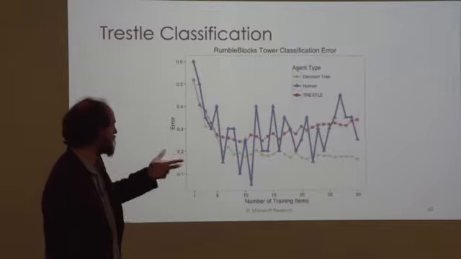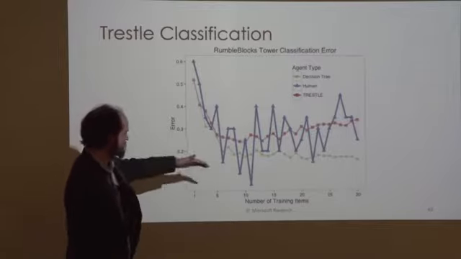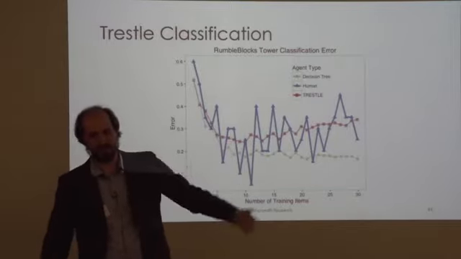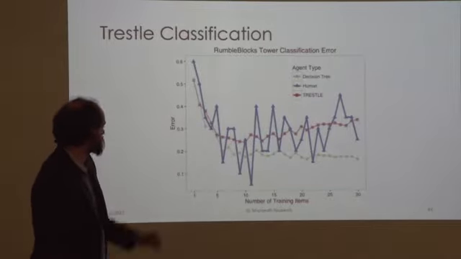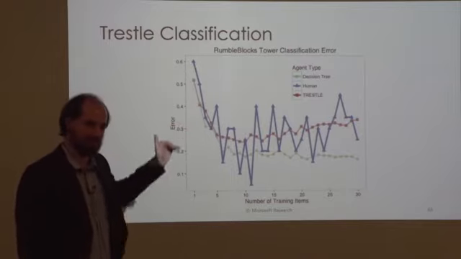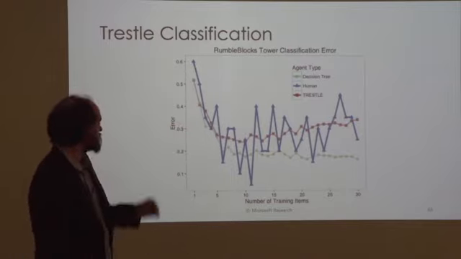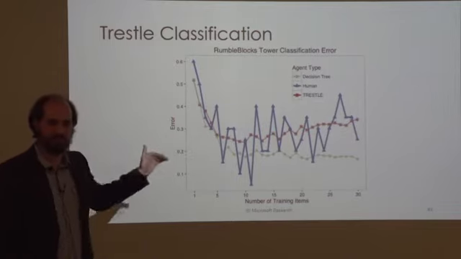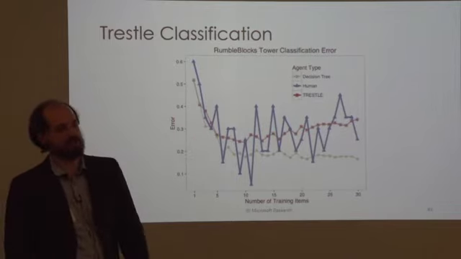And so originally what we had when we first ran this was the decision tree and Trestle, and we were all kind of sad because Trestle sort of gets better and then it gets worse, and it's like, well, that's not great. We would like a machine learning algorithm that just gets better and stays better. But then when we ran humans, we actually found out that humans have this similar kind of reversal effect.